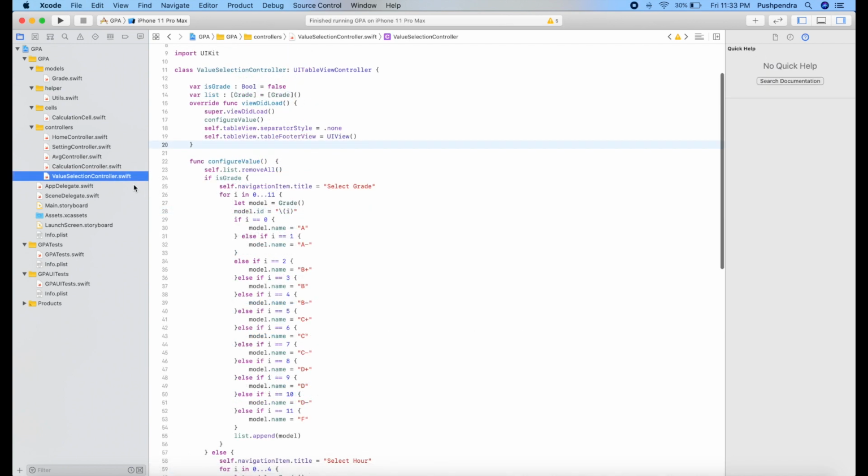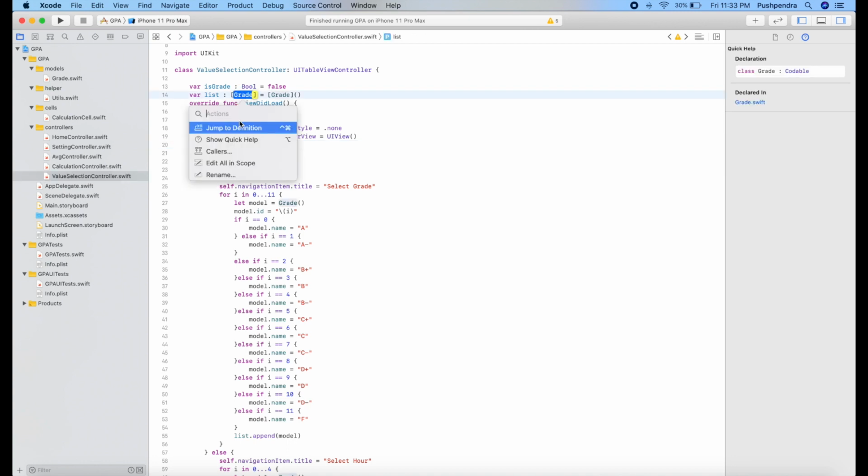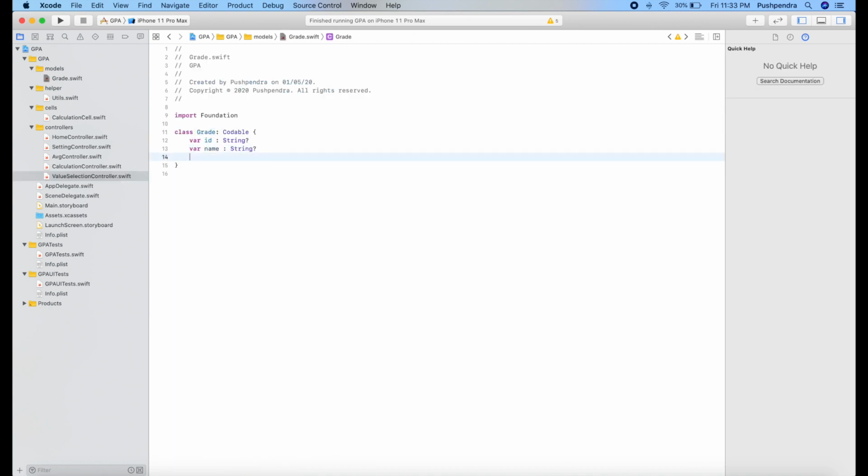So yeah, grade will be defined, and here we will take one more variable, check. If you select that, then it will be true, otherwise it will be false. So that we can handle our click event functionality.